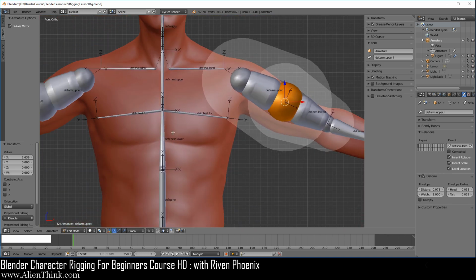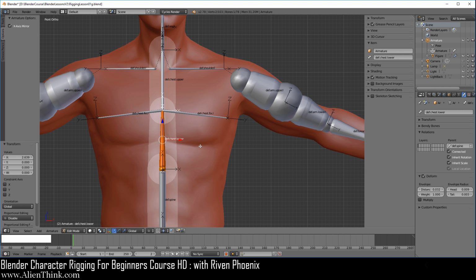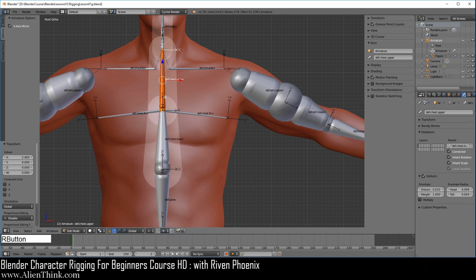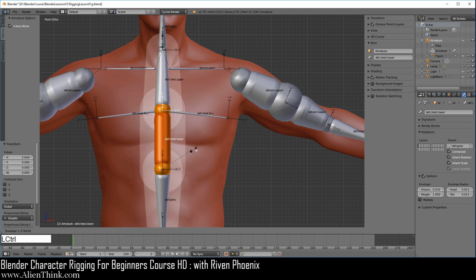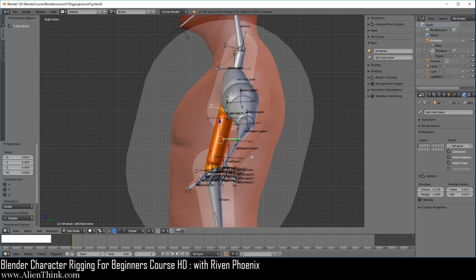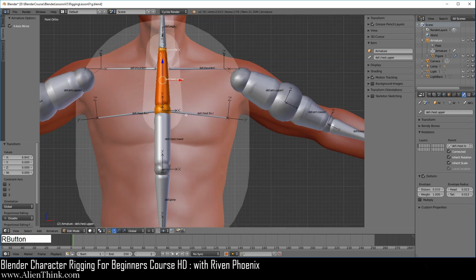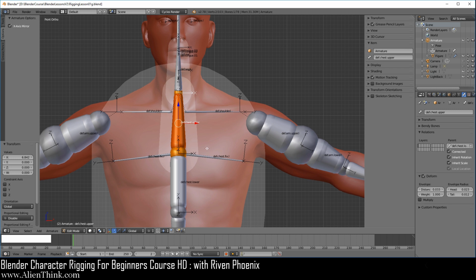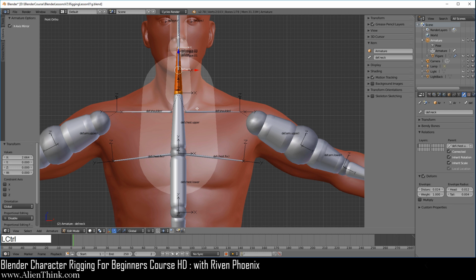And since we're already here, might as well just click on this and now do Alt S to increase the radius of this whole thing over here. I'm going to do the same thing, Alt S. Now click on the body, do Control Alt S, and now increase this over here. So when you go to the right view, you can see that it's capturing this whole area. Click on this, Shift middle mouse button, Control Alt S, and now click over here, click on the neck, Control Alt S to now capture the whole neck.